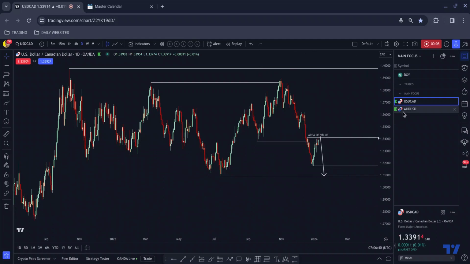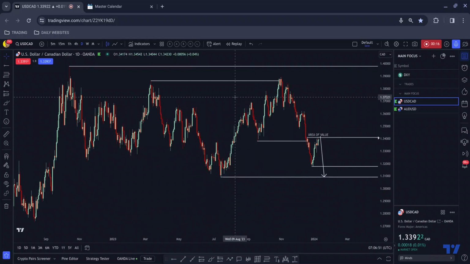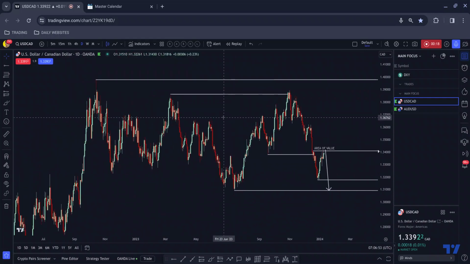So today I have two pairs on watch, and those are dollar CAD and Aussie dollar. I'm going to start with my favorite of the bunch and break this down for you. That is dollar CAD. On the higher time frames, the narrative that I see is that we have